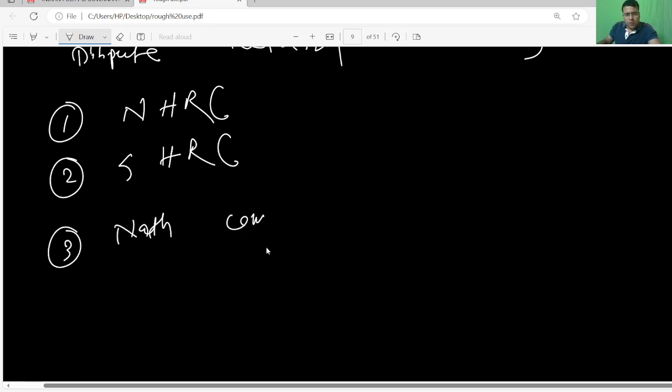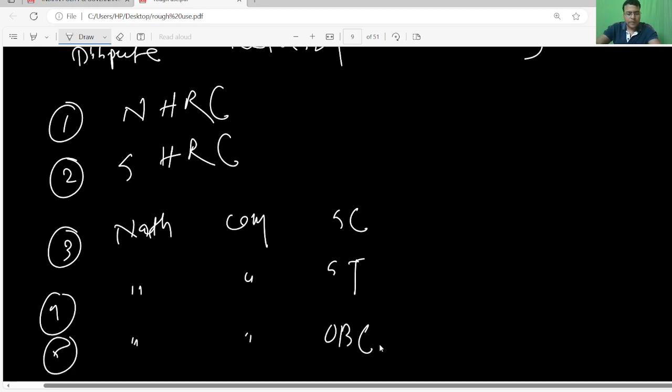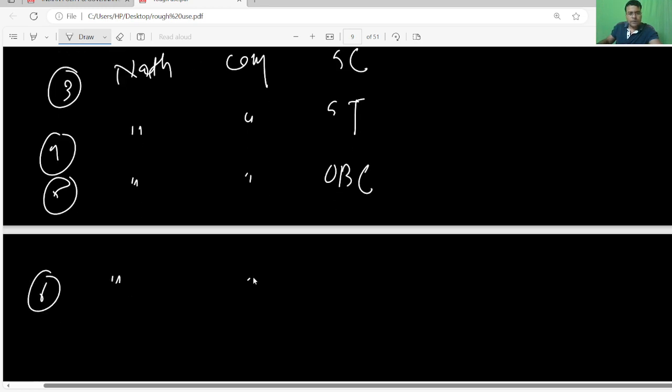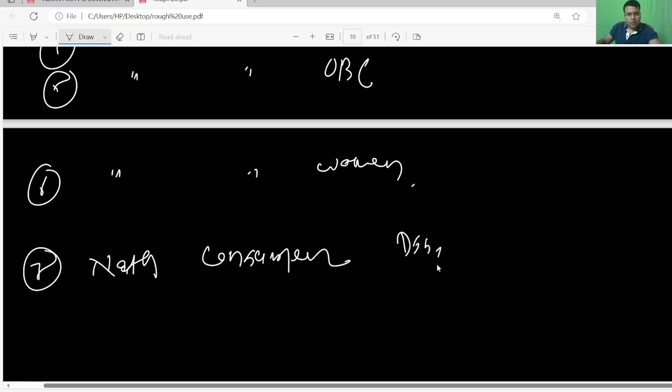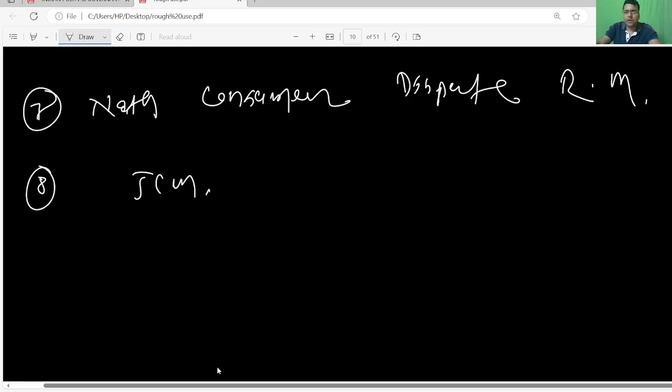National Human Rights Commission, State Human Rights Commission, NHRC, SHRC, National Commission for SC, National Commission for ST, National Commission for OBC, National Commission for Women, National Consumer Dispute Redressal Commission, and as I said, JCM, Joint Consultative Machinery for Arbitration,